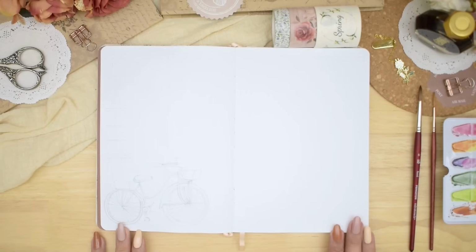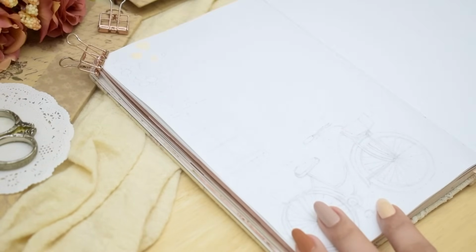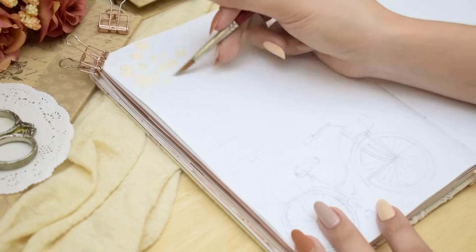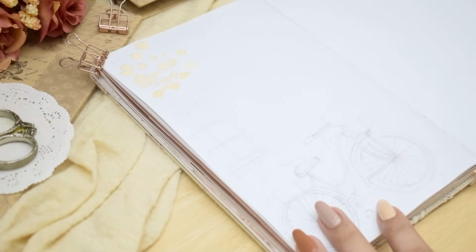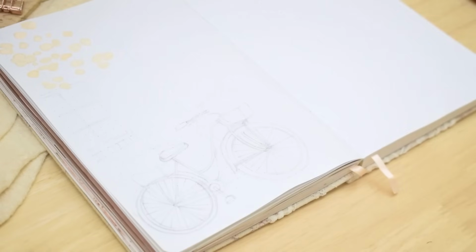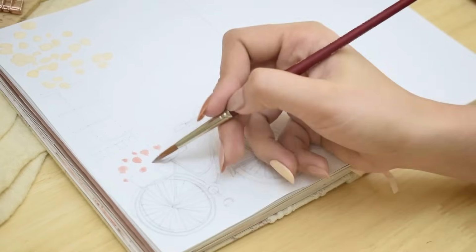Let's flip to the next empty spread to create some more monthly planning pages. But let's do another illustration here. I always see bikes full of flowers in spring themes, so why not add this element as well in my own style? We're gonna be painting a brick wall behind as well, and there are a bunch of flowers or